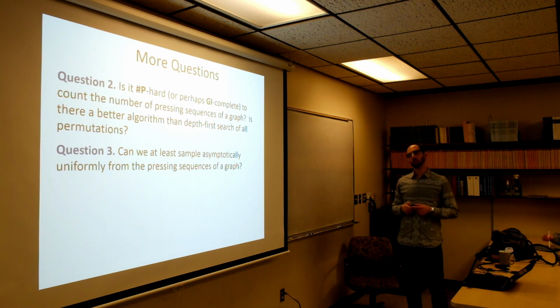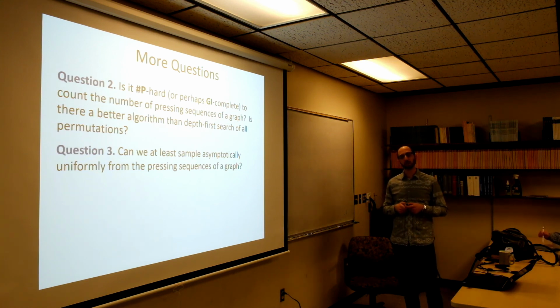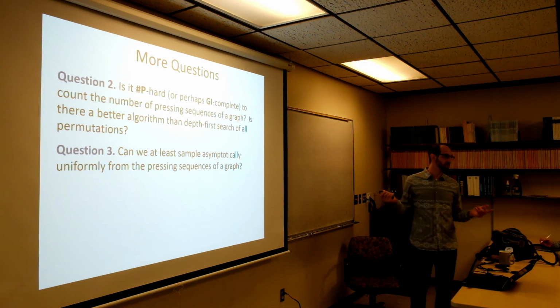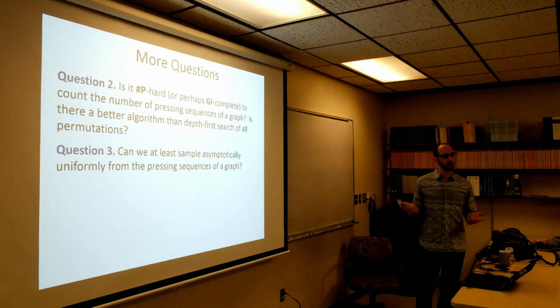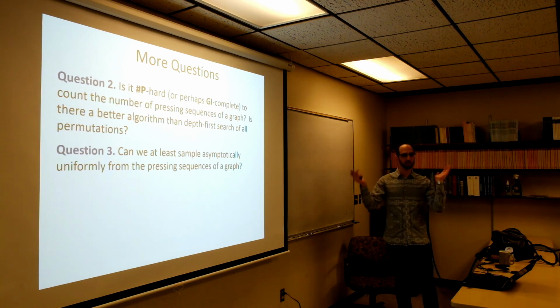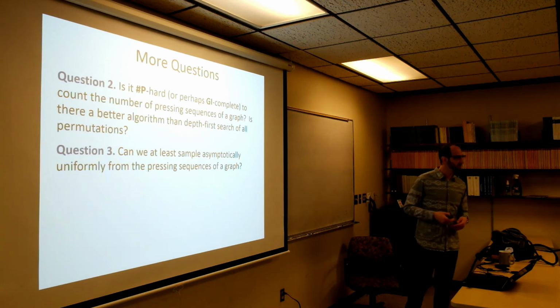How about, we actually don't know how to sample asymptotically uniformly from the pressing sequences of a graph. So it turns out all of this stuff came from that problem. Because the biologists looked at this and were like, we have no idea what all the pressing sequences look like, but maybe we could just do a random walk in the space of pressing sequences, and we'll have an MCMC algorithm that gives us an asymptotically uniform distribution over the pressing sequences. And then we get answers to statistical questions about that space, like how often is it the case that gene X was next to gene Y during the evolutionary history of the organism? Things like that,